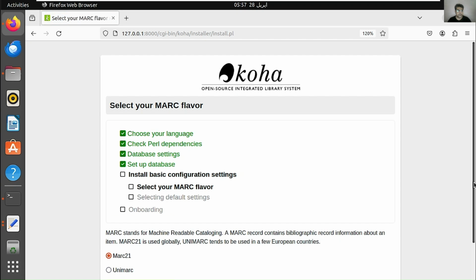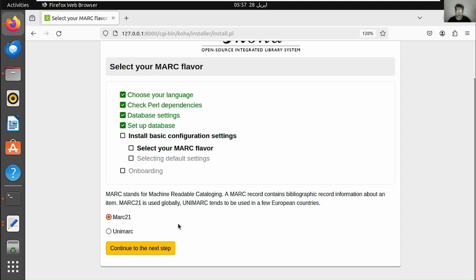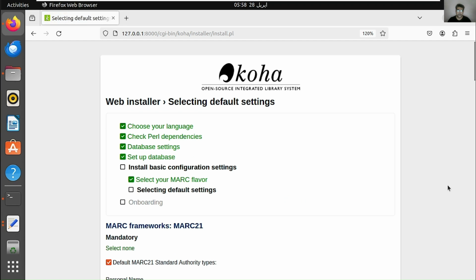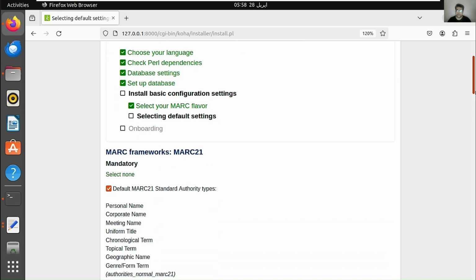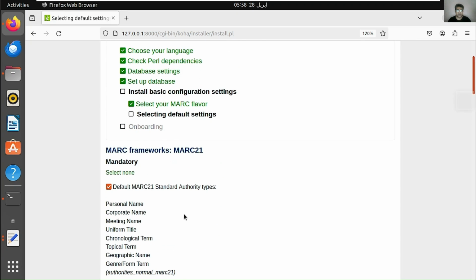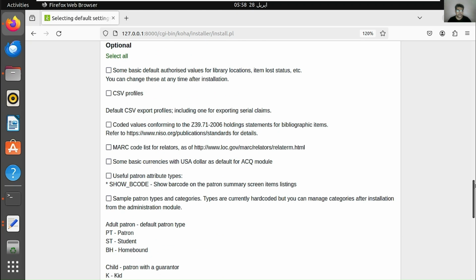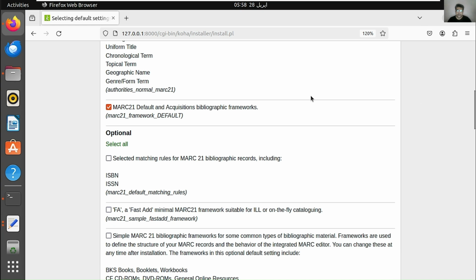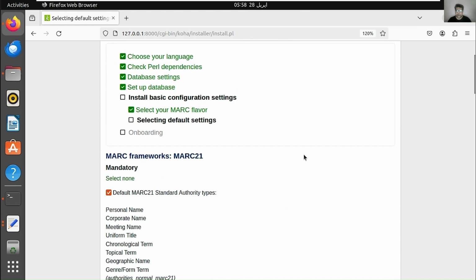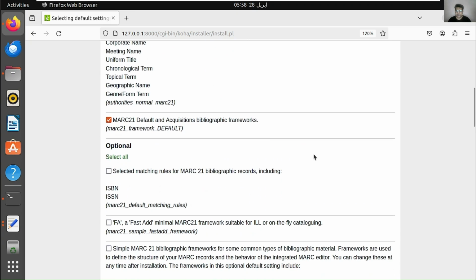So we need to select the mark flavor. If you are in European countries, you can select Unimark, and for general use we can select MARC 21. And there we have some mandatory data, I mean some mandatory frameworks and some optionals. So we can go with some mandatory.